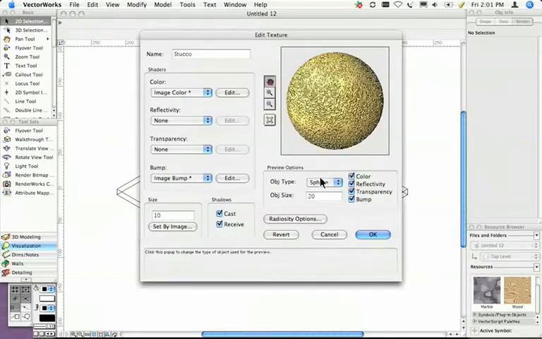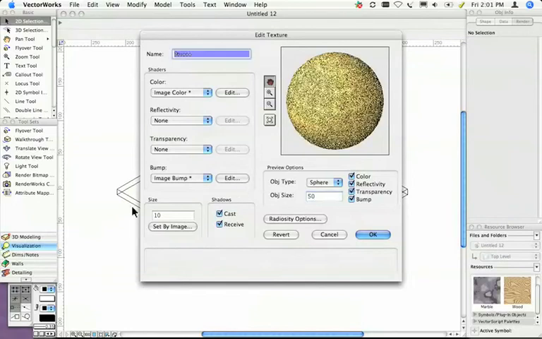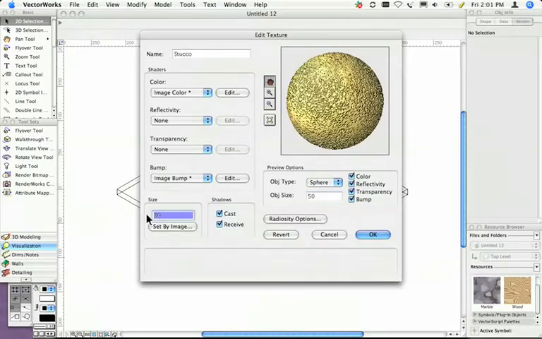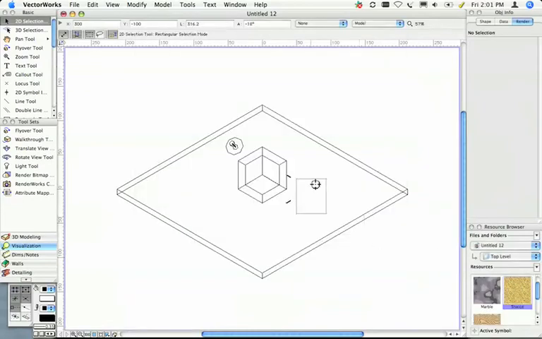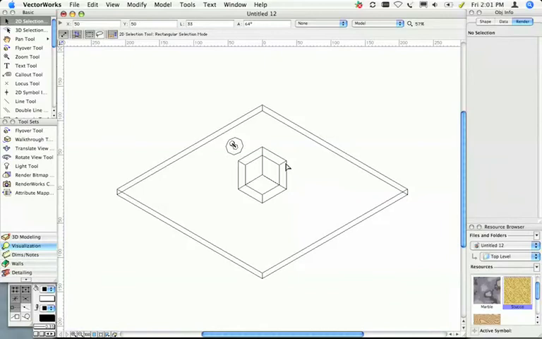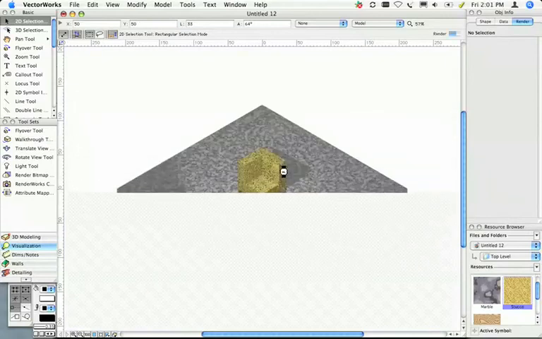Click OK. Now let's change the object size to 50, which is what the object is on the drawing, and then we might change our size to 30 to see what it looks like. 40. So you make these changes to get the feeling, so this is about the right size. So this is what it's going to look like in reality. Click OK. We can now stick the stucco on that object there, and if we render it, it looks like